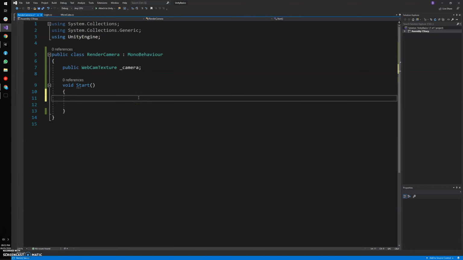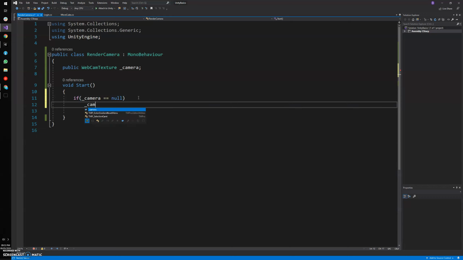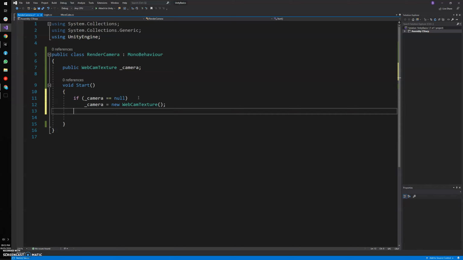Then I'm gonna instantiate this object, camera equal to new webcam texture. So now the webcam is instantiated,